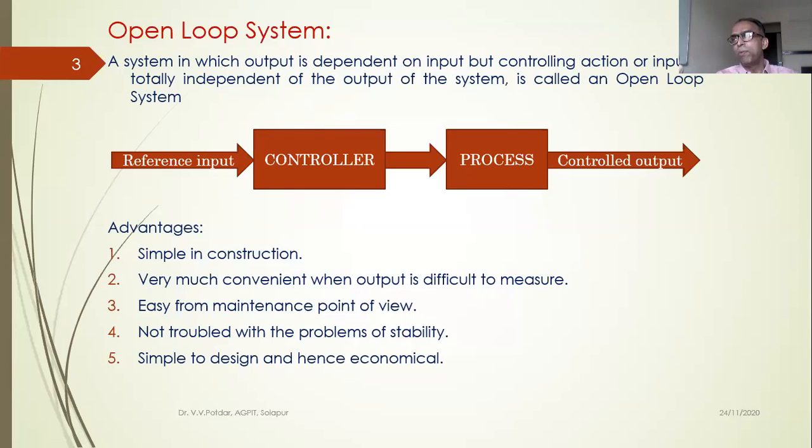I can have a camera which will generate an image, and I can have a light sensor, a reflected light sensor, and I can convert that toaster open loop system into a closed loop system. But the cost will increase. So that might not be economical for a simple purpose of preparing a small toast.